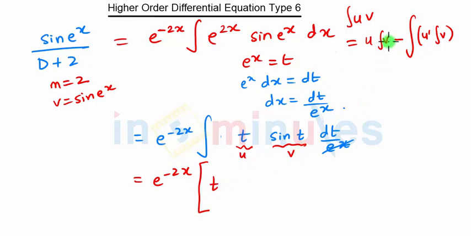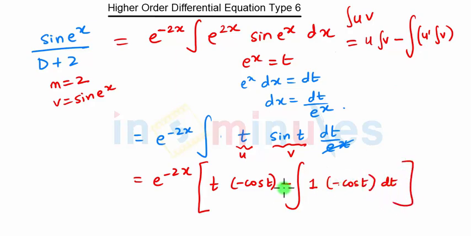Then integration of v, integration of sin t is minus cos t, minus the bigger integration. Then derivative of u is 1 into integration of v is minus cos t into dt. So this minus and this minus will become plus, and this term will become integration of cos t. So this minus will be here, so minus t cos t, and integration of cos t will be nothing but